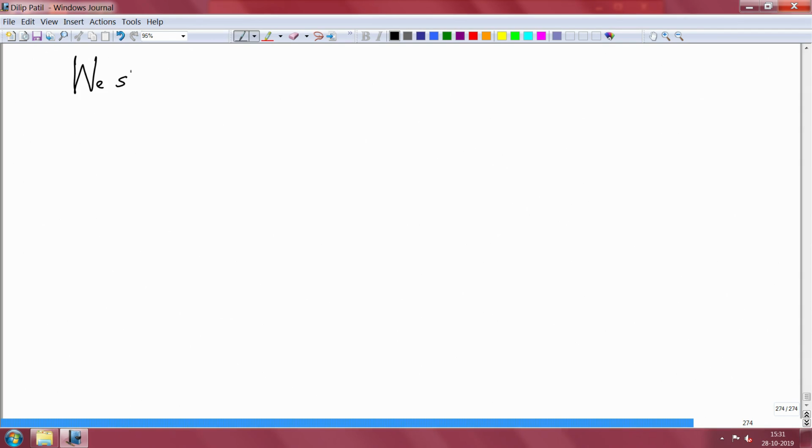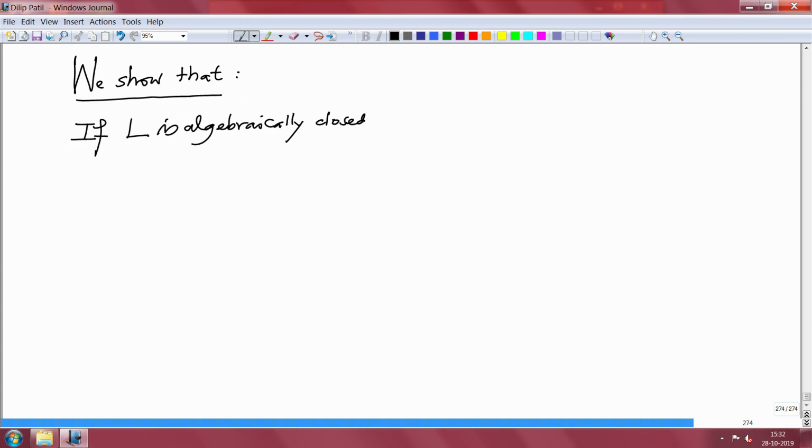We will show that if L is algebraically closed, then I_K is bijective. And equalities,